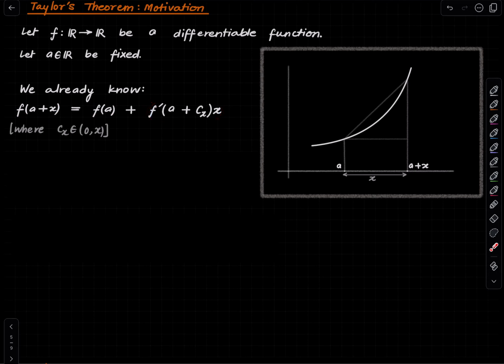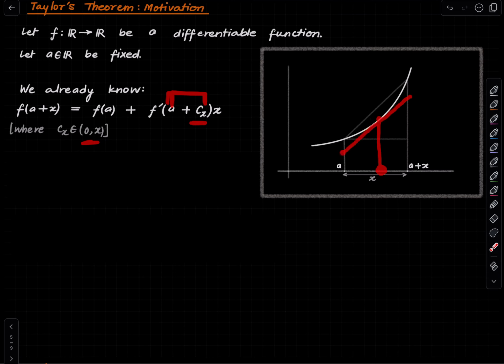And by Lagrange's mean value theorem, we know that the error is of this form, where Cx is some number strictly between 0 and x. So there is some point strictly between a and a plus x. Cx strictly between 0 and x is the same as saying this point is strictly between a and a plus x. So there is a point strictly between a and a plus x such that the slope of the tangent